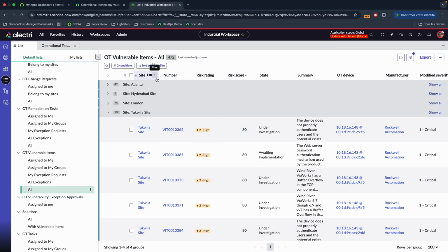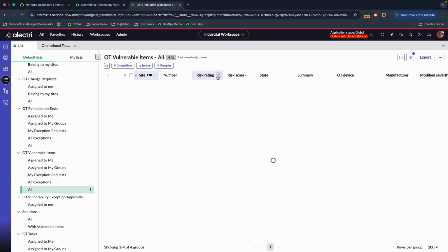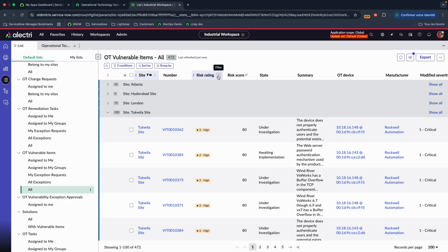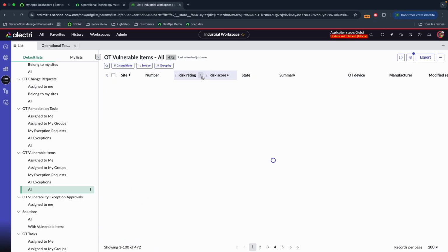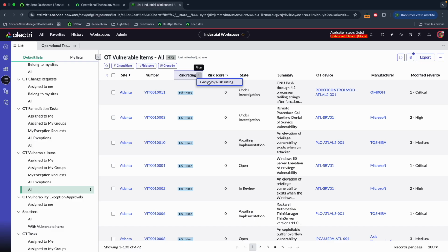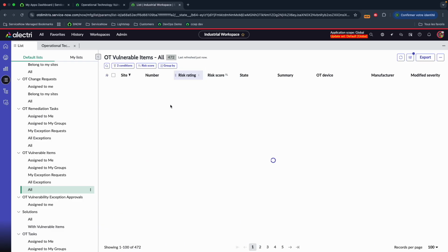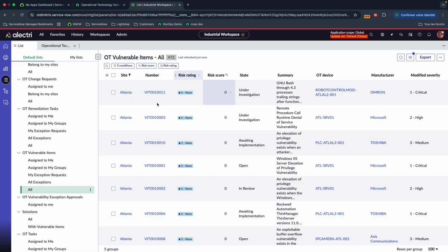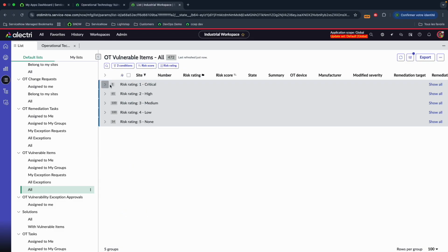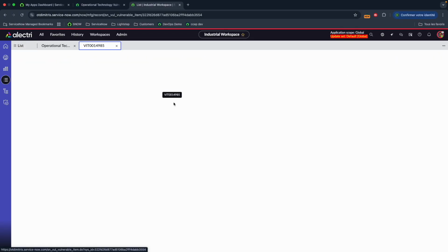Or I can also group by risk rating if I prefer to manage my vulnerabilities by risk first, meaning that here I can simply group by risk rating and zoom in first on the most critical ones. When you zoom in on a